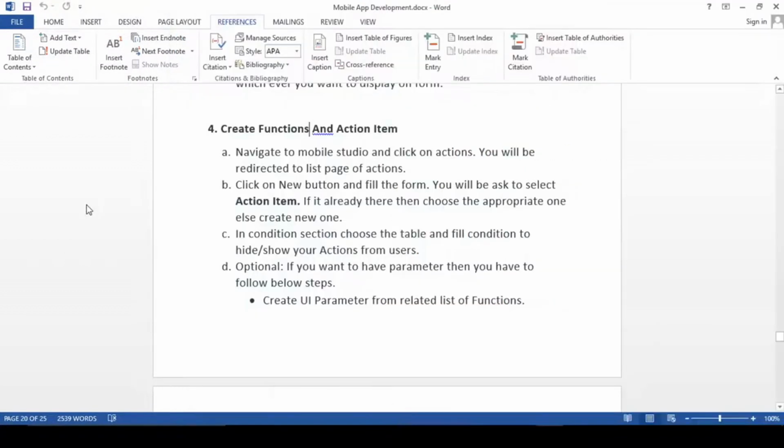Guys, in the previous video, we had seen how we can create functions and action items, right? And how we can place those functions on list view as well as on the form view. But that was the simple way we have created. And in this video, I'm going to talk a little bit more in detail,